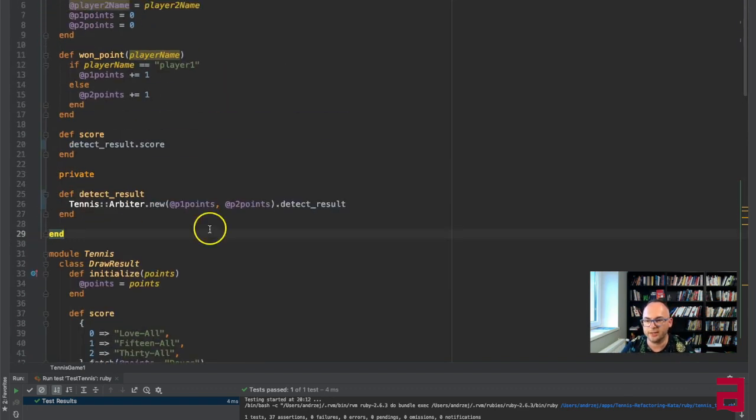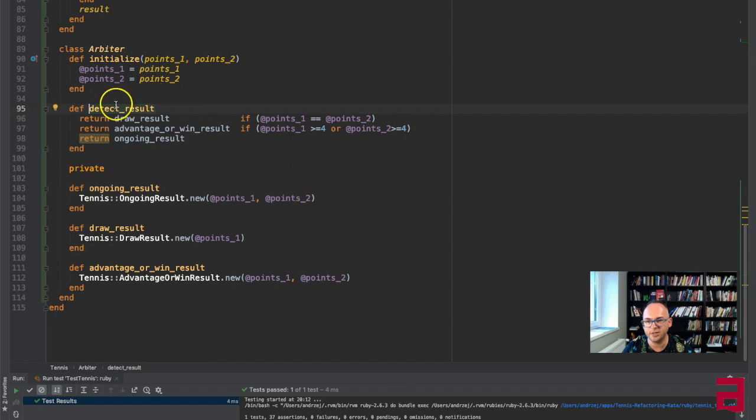So I did something here. I created a factory, but it's never a good idea to call it a factory. But arbiter sounds like a good domain concept for it. So usually you can find the domain concept for the factory object, and then you can say detect result. So the arbiter knows how to say whether something is draw, advantage, or win. But the nice thing is that in here we still don't bother about how to display this information exactly. So displaying is part of those objects